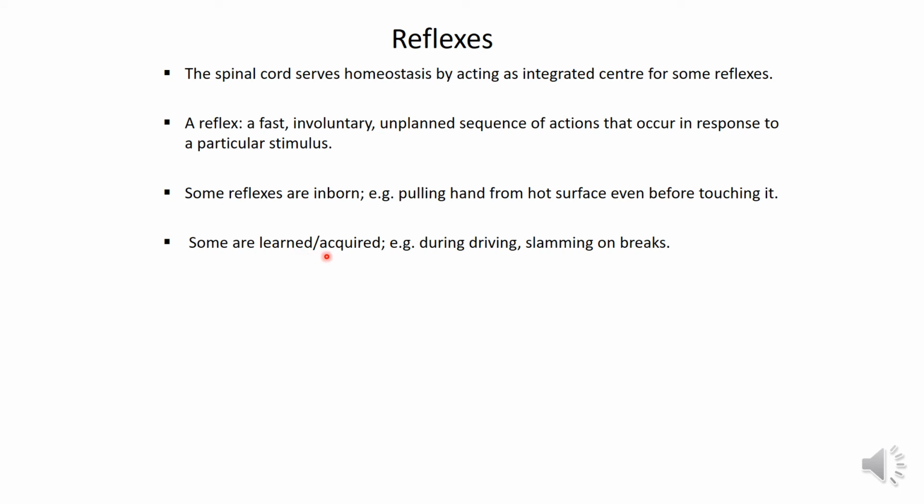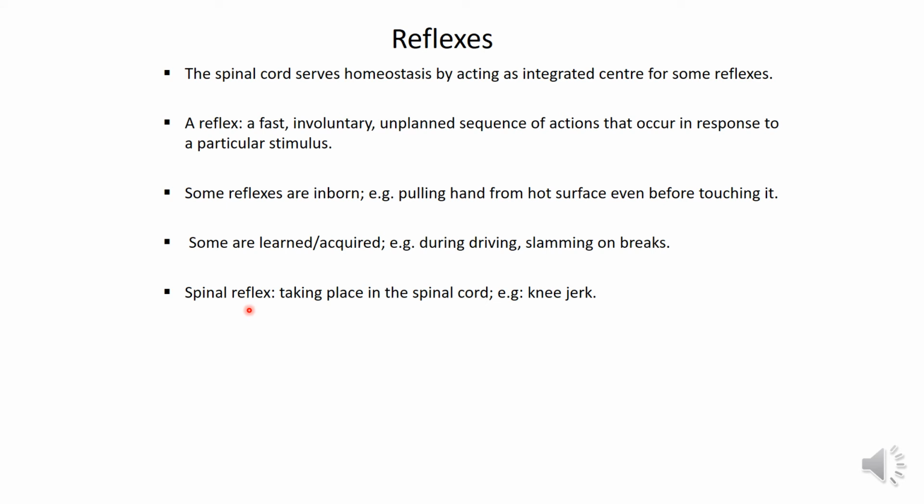Some reflexes are learned or acquired. For example, we have salivation. We have some reflexes we get by training and previous experience, like the reflex of salivation: when we hear about food, think about food, see food or smell food, we have an increase in the salivary secretion. These reflexes are known as conditioned reflexes, and we get them by repeated exposure and by the process of learning.